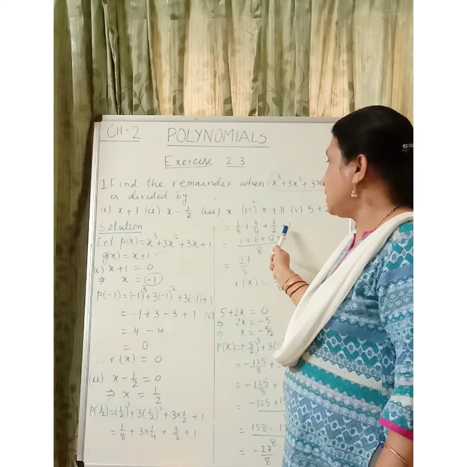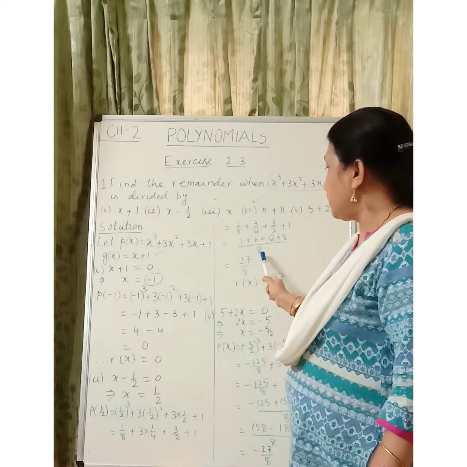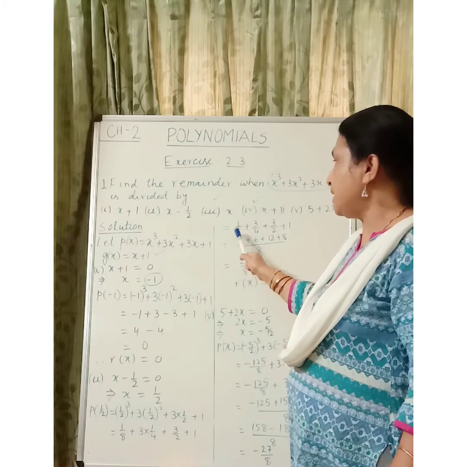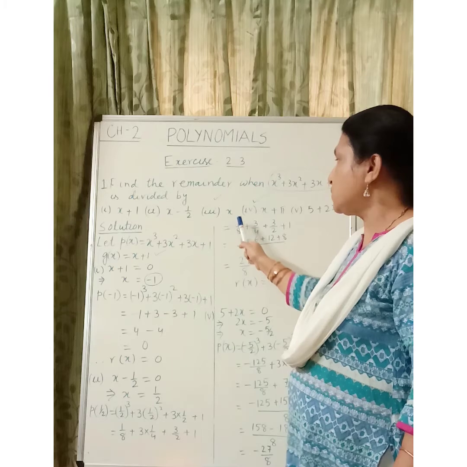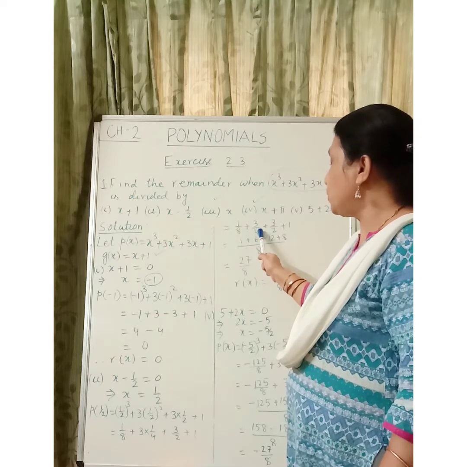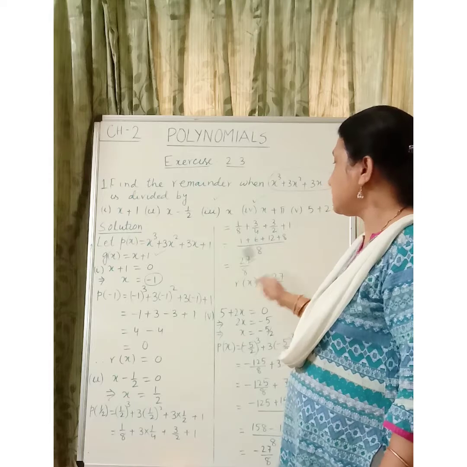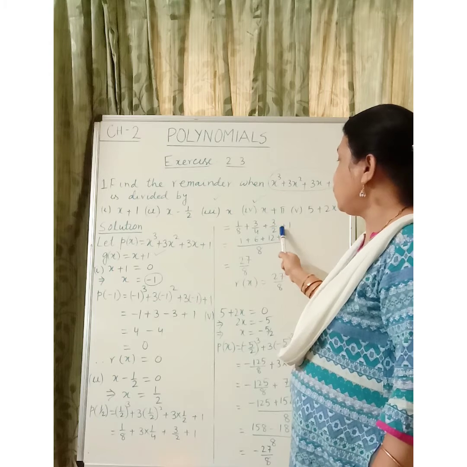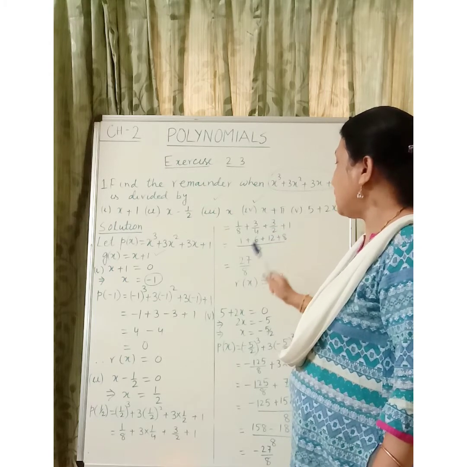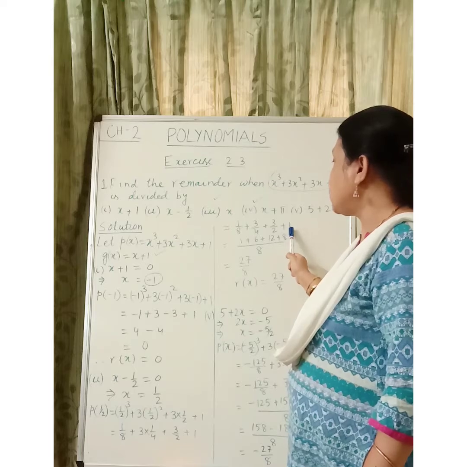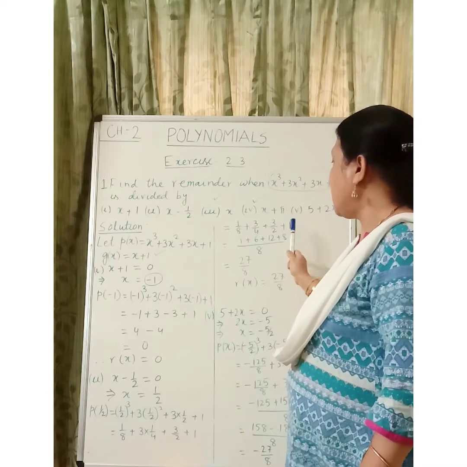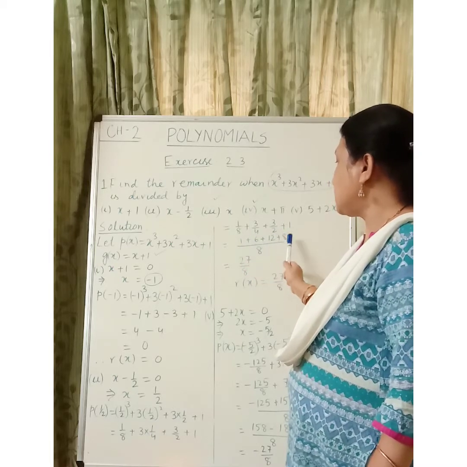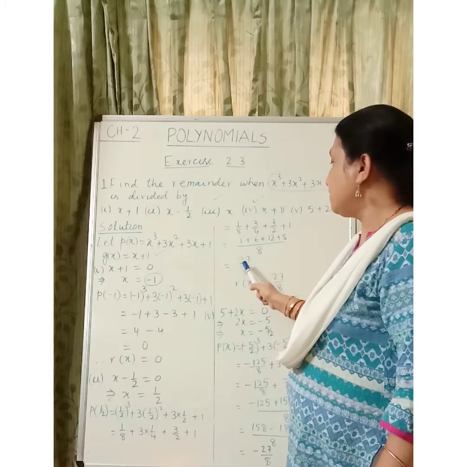How do we simplify this fraction? We will be finding out the LCM of the denominators. So the LCM of the denominators is 8. So now 8 divided by 8, we are getting 1. So 1 multiplied with 1 is 1. Now here 4 into 2 is 8. So 3 into 2 will be 6. 8 divided by 2 is 4, or 2 into 4 is 8. So 3 into 4 is 12. And here 1. 1 means 1 upon 1. So 8 multiplied with 1 is 8. So in the numerator we are getting 1 plus 6 plus 12 plus 8 is 27 divided by 8.